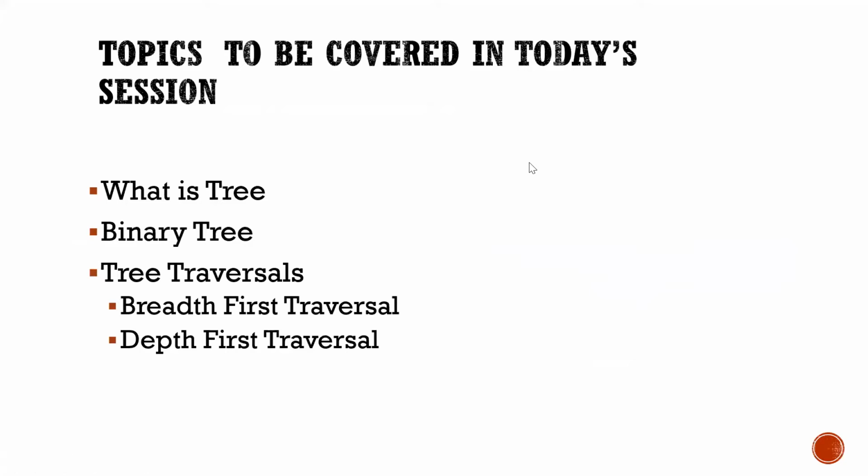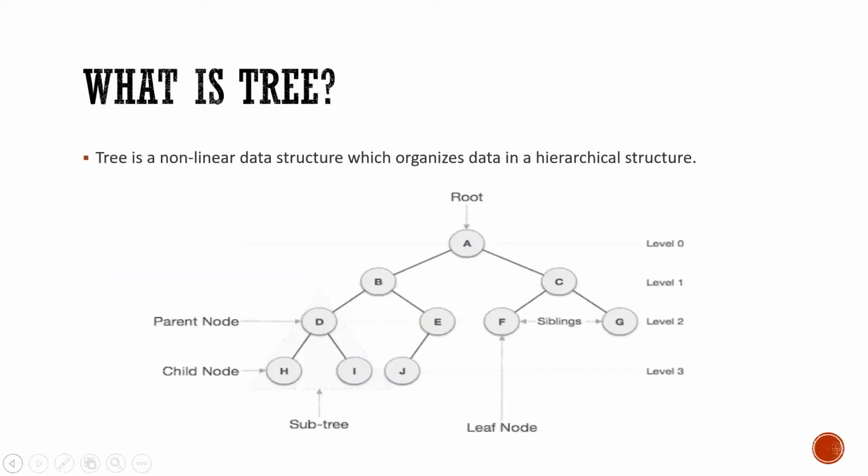Connected acyclic graph. Yeah, you can say that. In simple language, it's a non-linear data structure first of all. Everybody knows how a real tree looks. Imagine it in the reverse form, that is, in a hierarchical form. It's a non-linear data structure. So imagine this in a hierarchical form, an inverted tree.